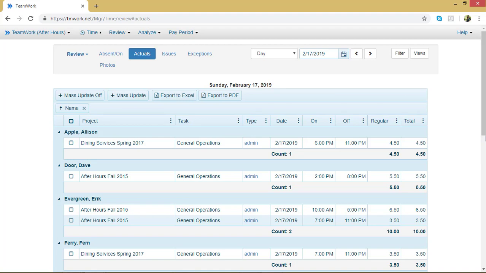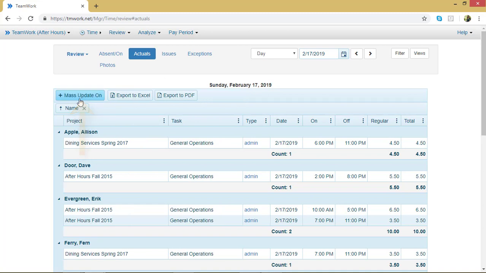If you no longer want to make mass updates, it might be a good idea to turn that off so you don't do so accidentally. To turn off Mass Update, click Mass Update Off. That's how you can mass update your actuals time